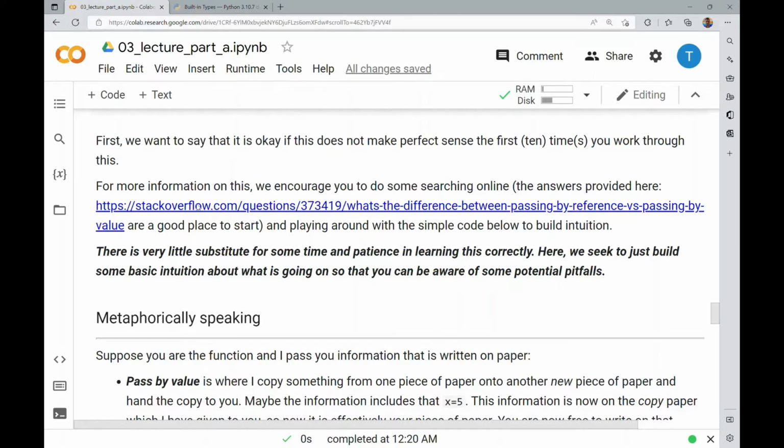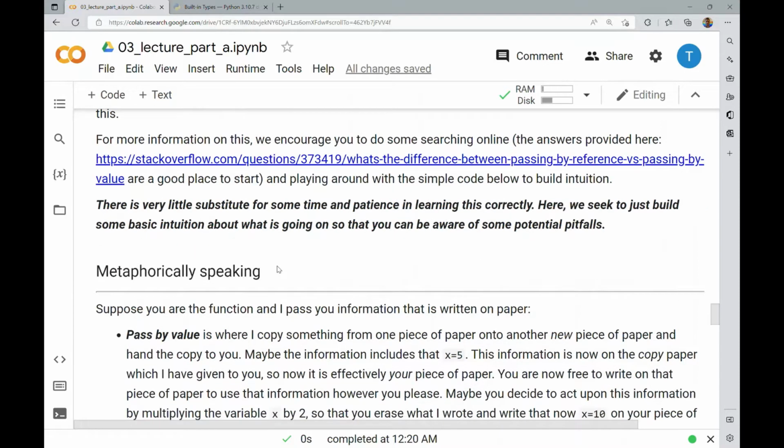For instance, the answers provided on the Stack Overflow post are a good place to start. It's where I started when I was looking at this. And you want to play around with some of the simple code that we have below to build intuition. There is very little substitute for some time and patience in learning this correctly. Here, we seek to just build some basic intuition about what is going on so that you can be aware